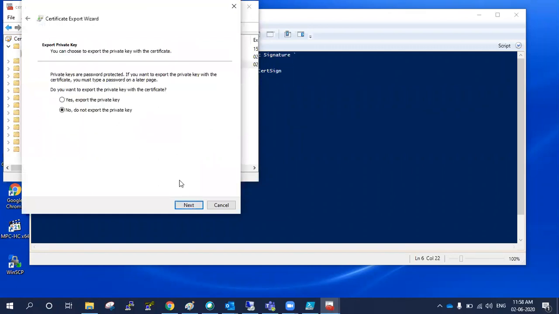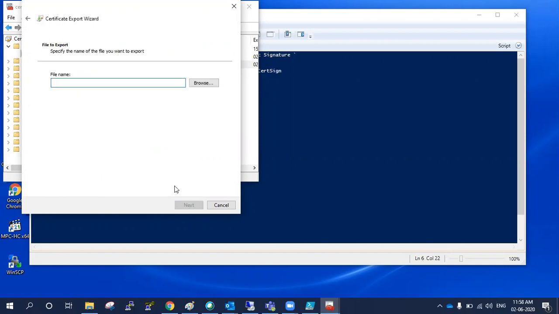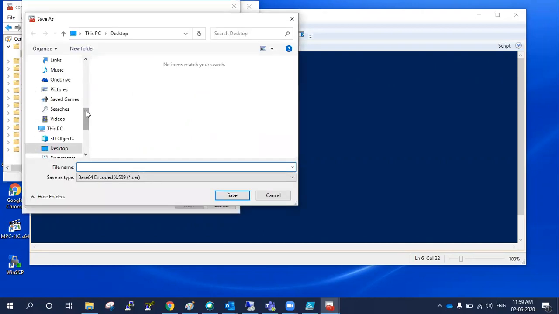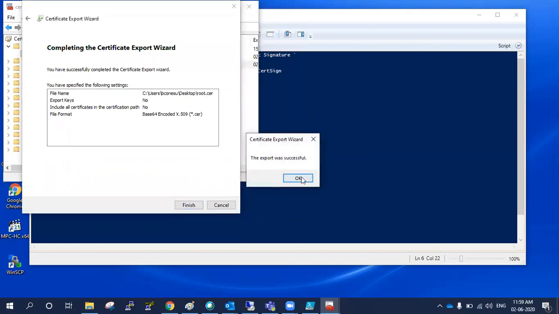Next, next, you can select this one, and the extension will be .cer. Next, select the path where you want to store this certificate. I am selecting desktop. You can type according to your name. I'm typing here, the name is root.cer. Done. Finish.